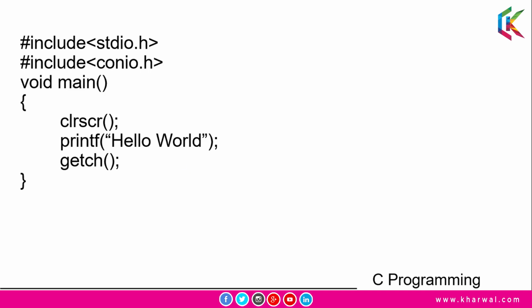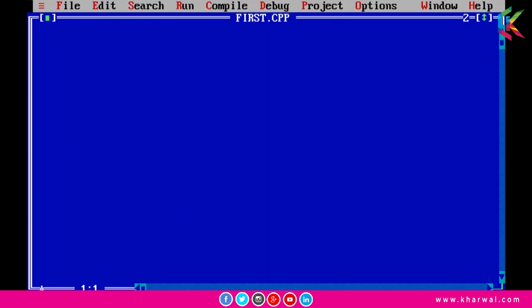So guys, I think it is enough of theory, so let's do some hands-on. Guys, in this program we will learn how we can run the first C program. So let's get started. Guys, every C program starts with the main function, so let's write the main function first. Guys, this is our main function and it is the starting point of a C program.